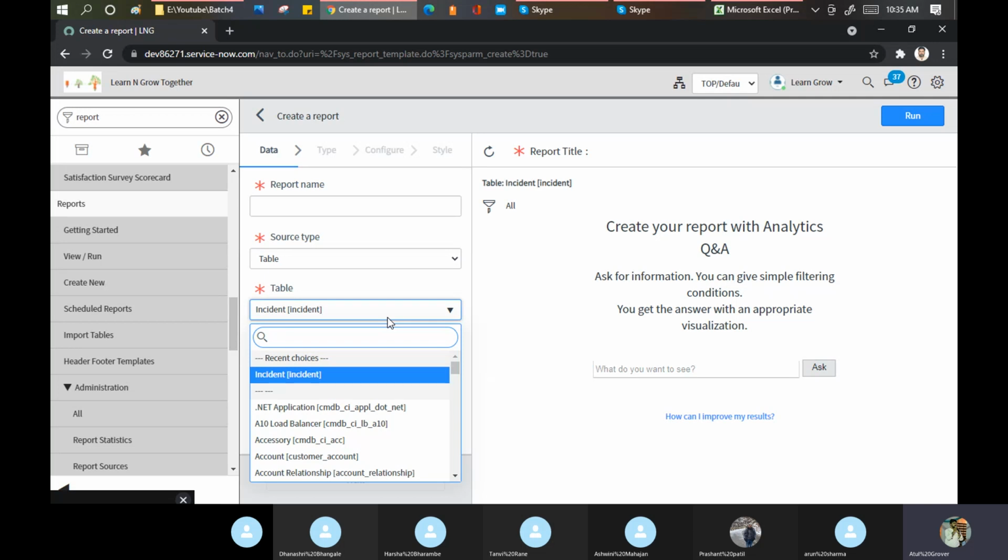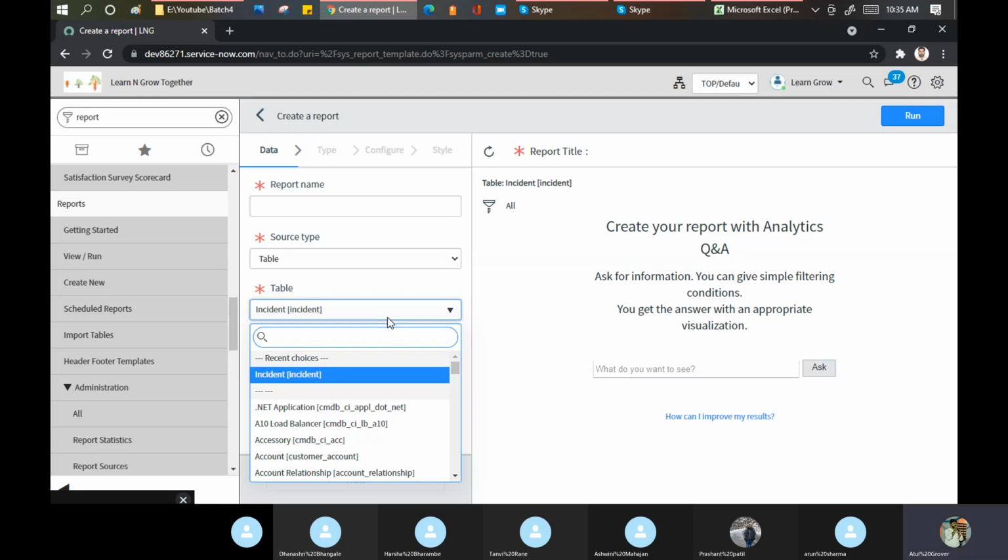But remember one thing, database view is not a recommended approach. Why? I will tell you why. Then you have a question: Atul, everything you are saying is good, but it is not a recommended approach. Why? Suppose I am a user. I want a report of the incident table in combination with my SLA table along with the change table.